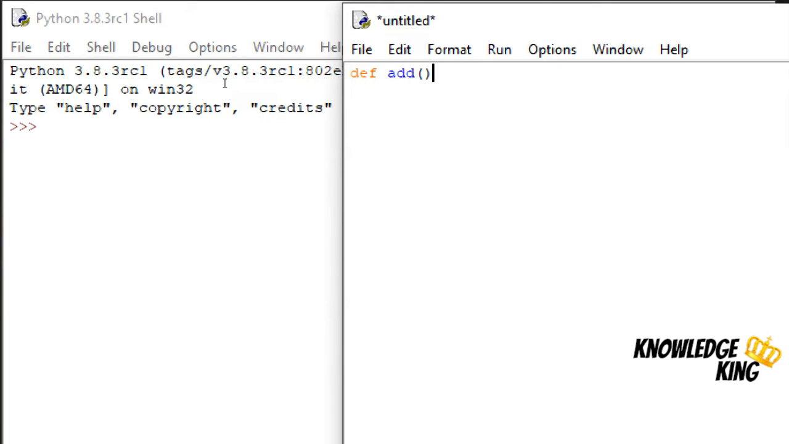I'll create a method, def add(a, b). It takes two parameters a and b and returns a plus b, and